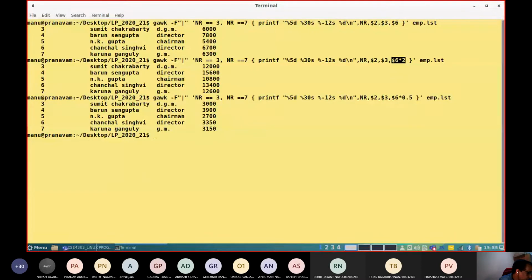We also discussed that it supports variables. Take this particular command. Line number NR 3 to NR 7, I'm selecting that option.